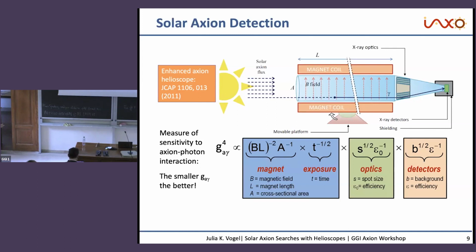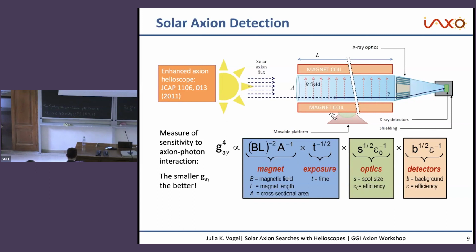If we want to enhance the performance, we also need X-ray optics to focus the putative signal on a small area of our detector. The contributions to our figure of merit are illustrated for these three key components down here. The biggest improvements can be achieved with the magnet. So we want a strong magnet and a long magnet, with the restriction that the longer we make it, the more conversion we get, but we might restrict our mass range. We will restrict the mass range in which we are sensitive.